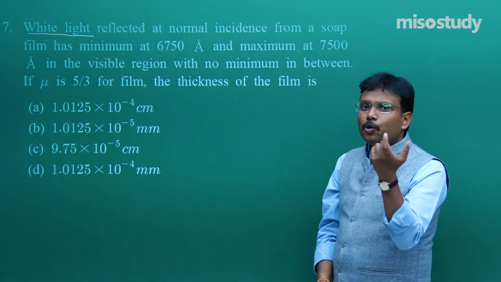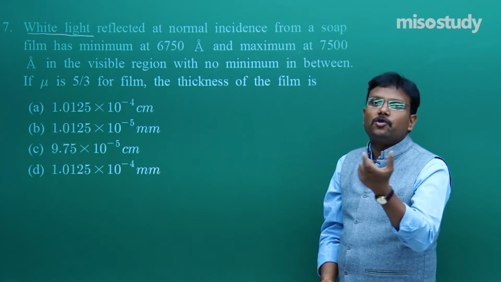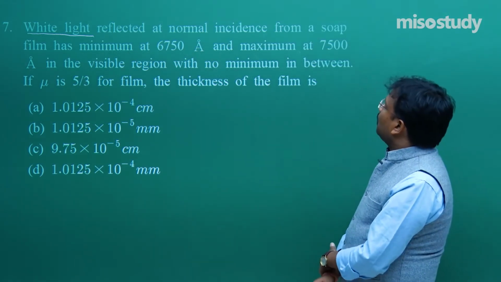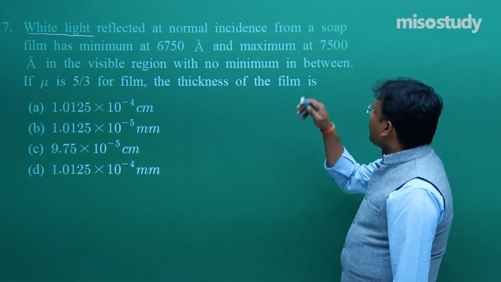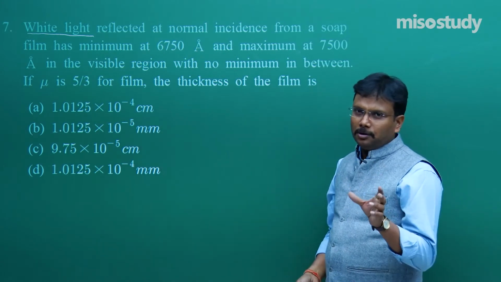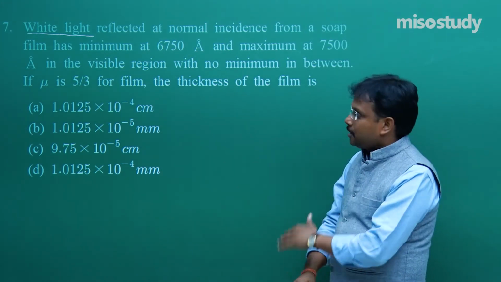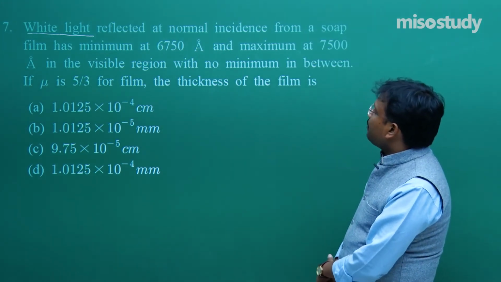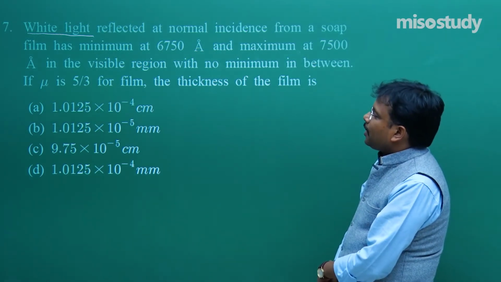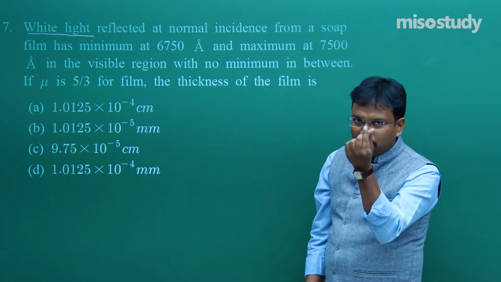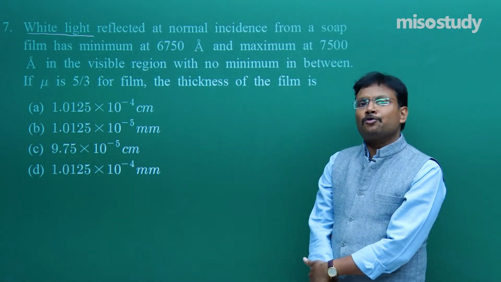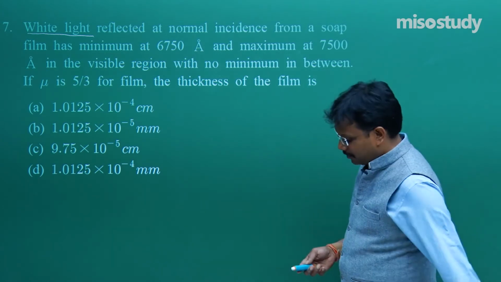In general, 4000 to 7000 angstrom is the wavelength range for white light, visible light basically, and a maximum at 7500 angstrom in the visible region, roughly 4000 to 7000 angstrom, with no minimum in between. If mu is 5 by 3 for the soap film, the refractive index of the soap film, what is the thickness of this soap film? So, the question is,